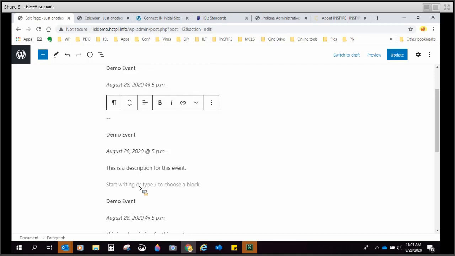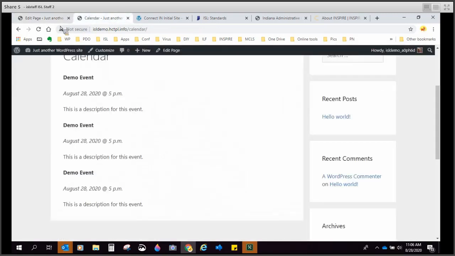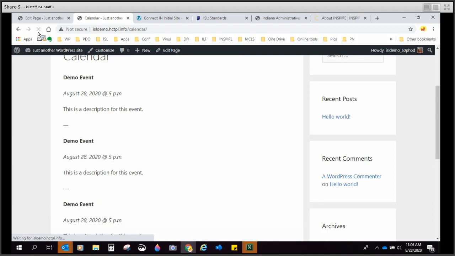What we're going to do is stick a couple hyphens in there, and that will achieve the same effect as putting a little bit of a line breaker in there. We're going to go ahead and hit update,